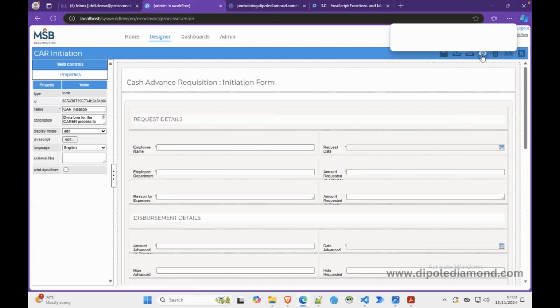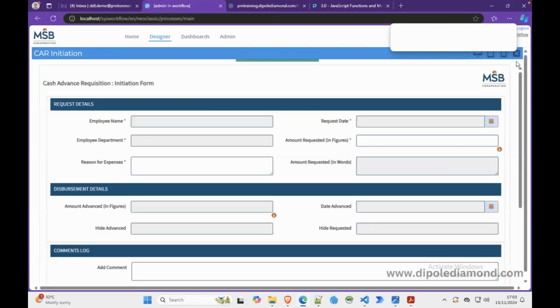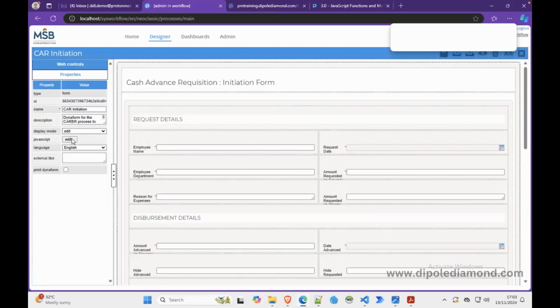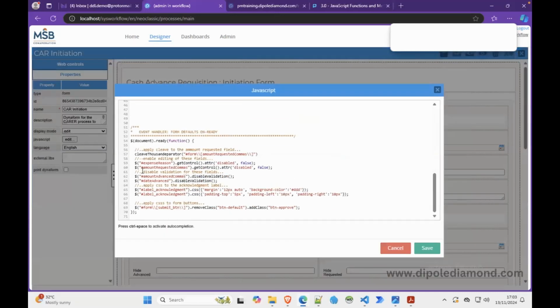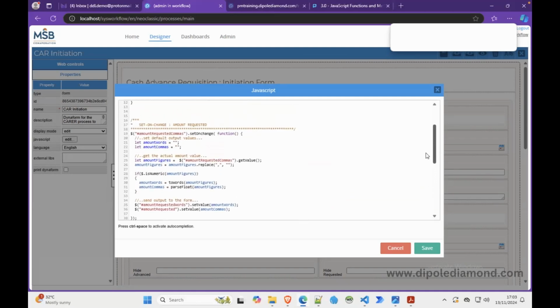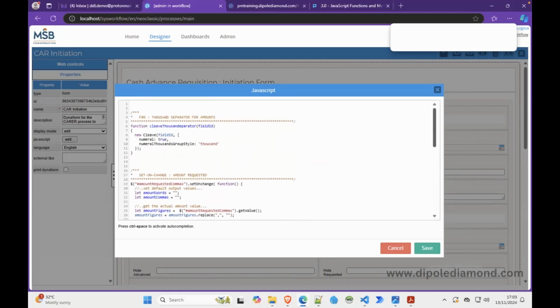Let's save and try to view. Sorry, we need something that would, let's see, let me look for, okay, let me omit this opening brace here, save,